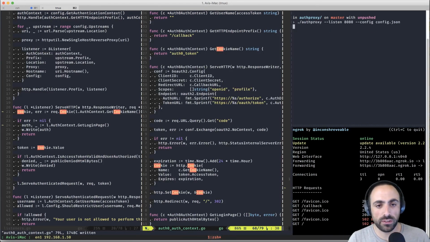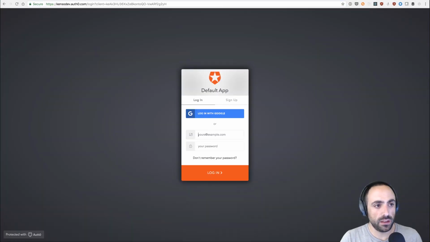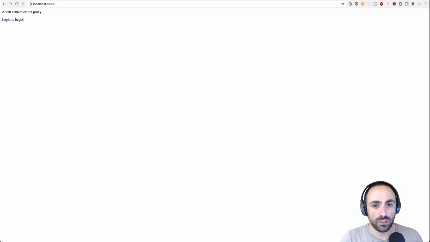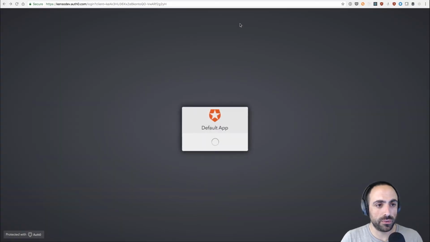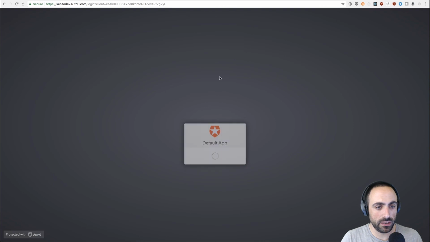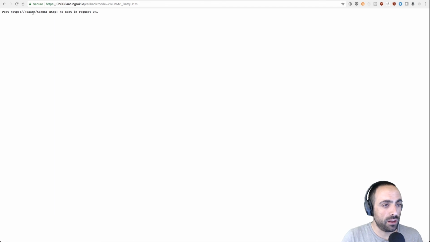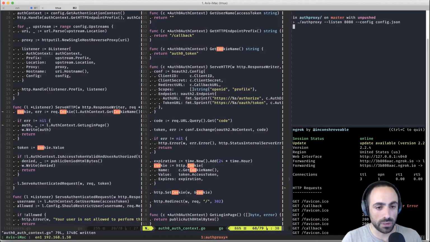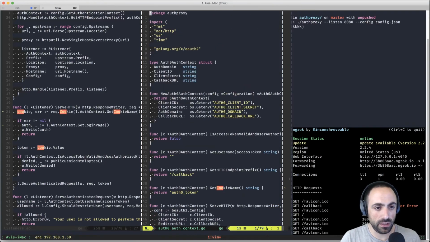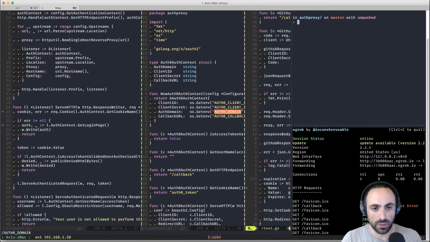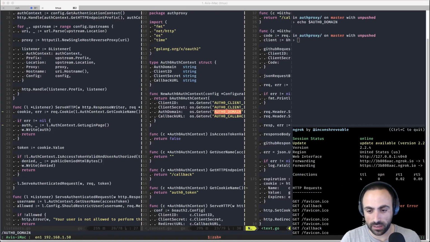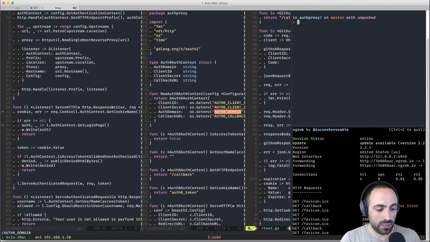Great, and auth proxy and refresh. No, this is not what we should get. We should get this, and then log in. Okay, we get login back, and then auth token: no host in request URL. Okay, so then here, Auth0 domain. What do we do here? So echo Auth0 domain. So this is clear. Oh, I get it. Okay. So Auth0 domain, Auth0 callback. Great. And source it.